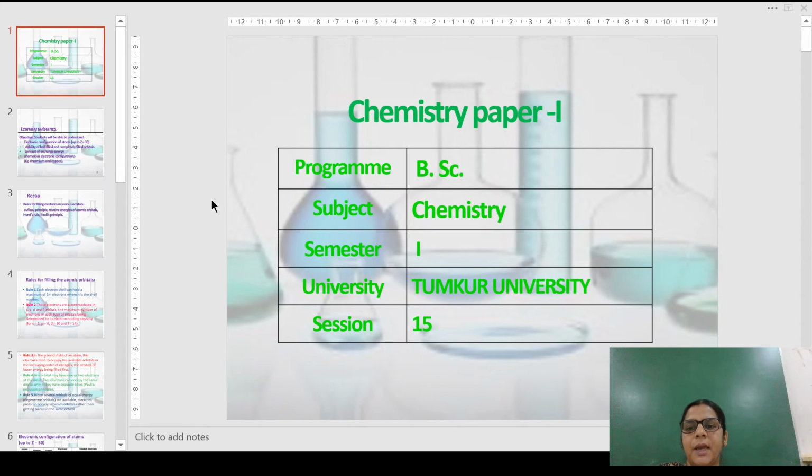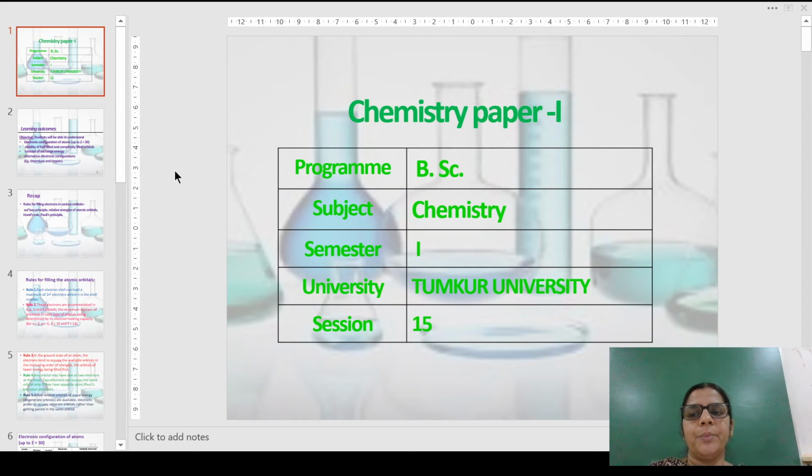So if they have similar, identical spins, then the exchanges will be more, and that leads to the stability, which does not happen when it is not filled here. I hope you understand. If there are only 4 electrons here and 4s2 happens, then the number of exchanges will be reduced, leading to a reduction in the stability. And this also is the reason for the anomalous electronic configuration, which we have already studied.